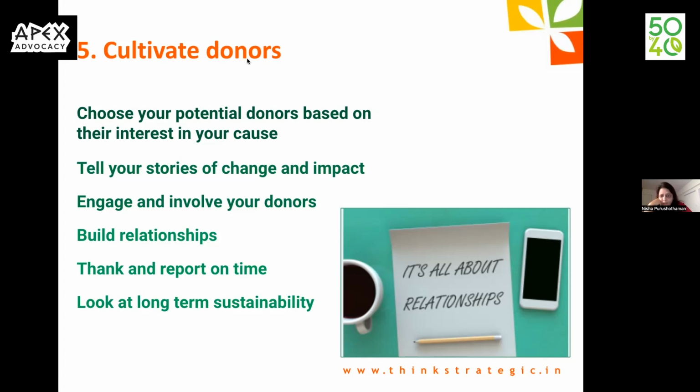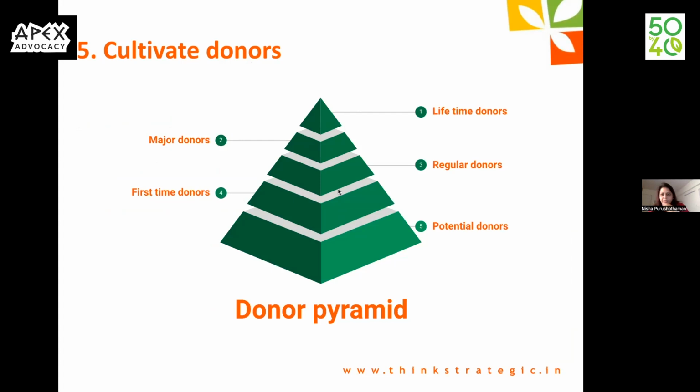I'm sure you all know that it costs much less to retain a donor than to gain a new donor. So retaining your donors is really moving them up the fundraising pyramid, right? You probably already have seen this. The bottom of the pyramid are your potential donors. You need to move your donors up the pyramid, right? So your potential donors could become your first-time donors, regular donors. Only some of them would go on to becoming major donors and lifetime donors, probably even leaving a legacy for you. So all your donor cultivation techniques should be employed to move your donors from one segment to another